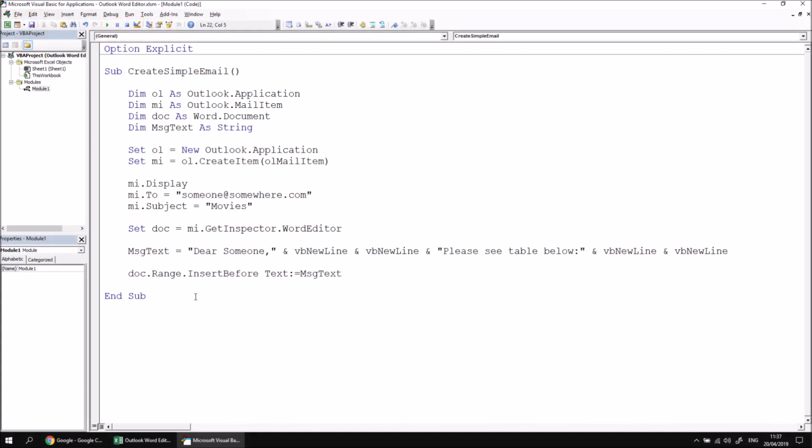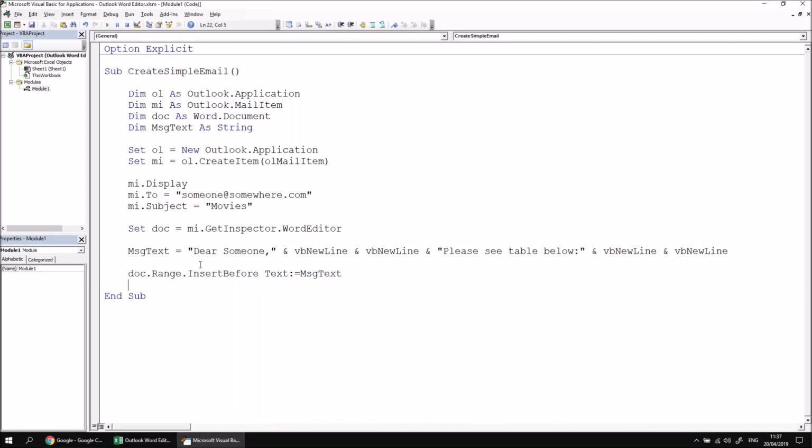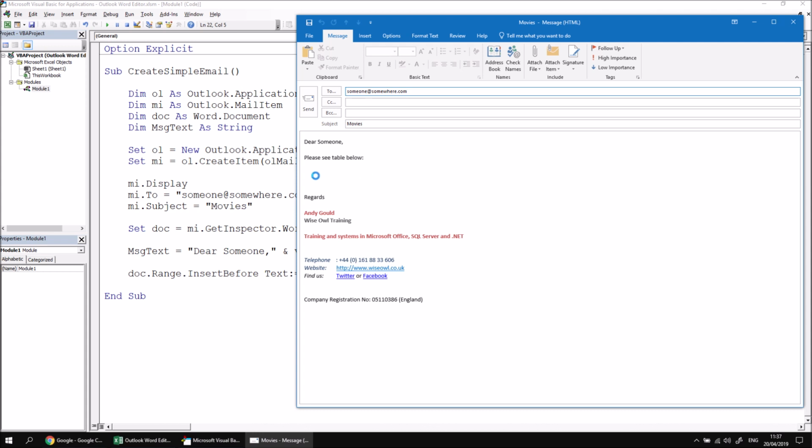What I'd like to do next is copy the table from the Excel worksheet, which is simple enough to do, and then paste it in at a specific position within my email, which is slightly less easy to do. If I just run the code again to generate the email, just so we can see where we need to insert the table, it's got to sit somewhere between the greeting text that I've added and the signature which I